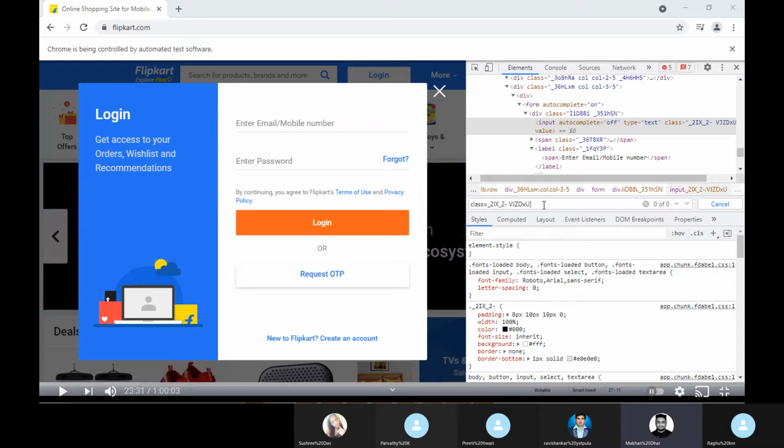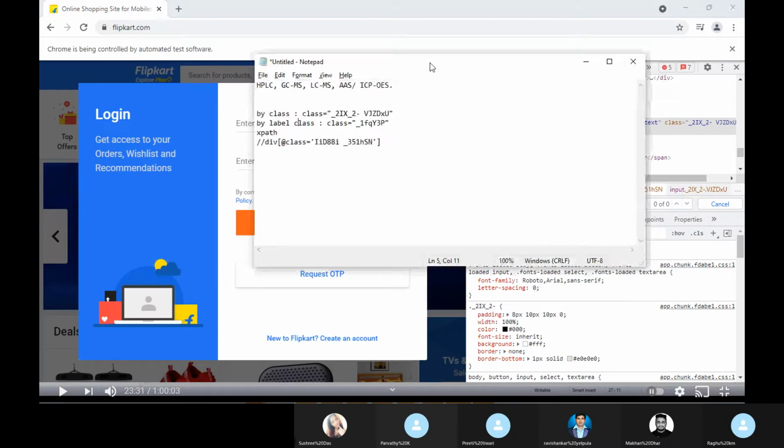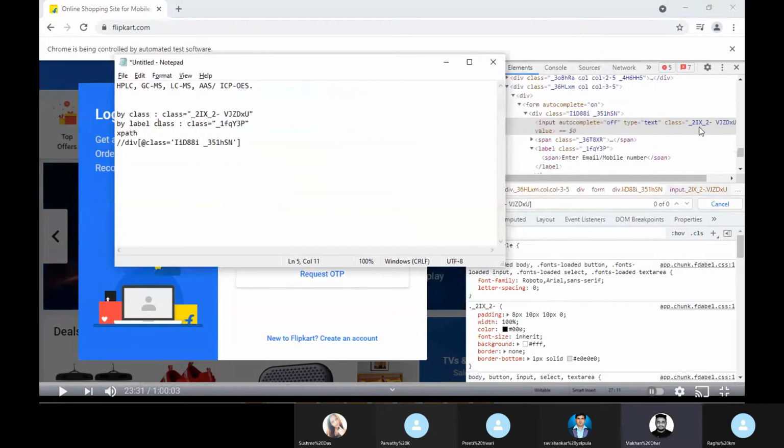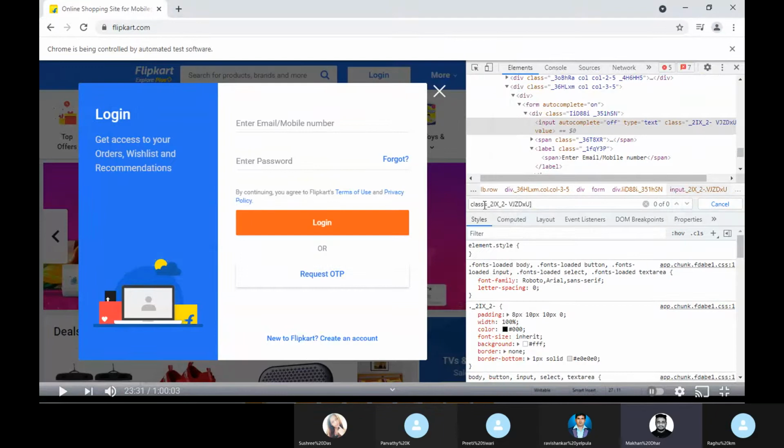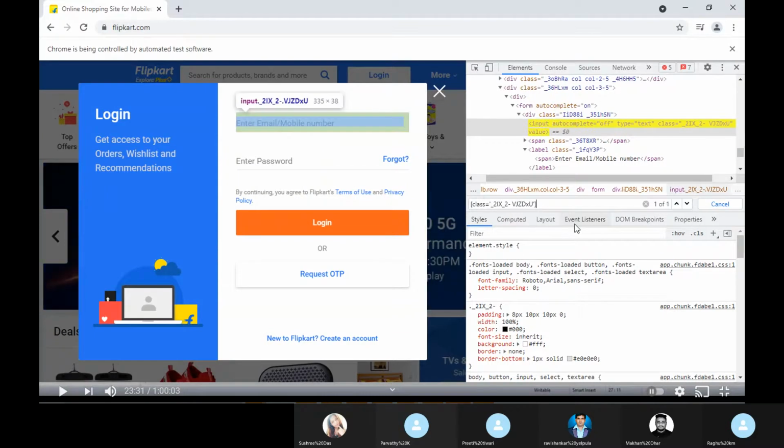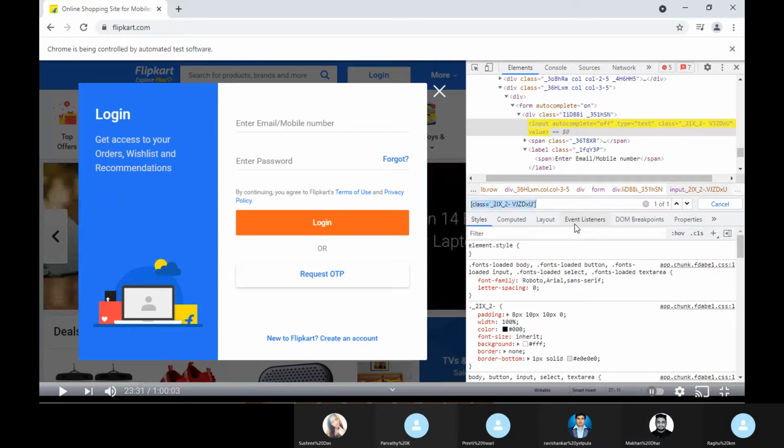Yesterday also I took this one. This is correct, right? Yes. But you have to create the class name locator.